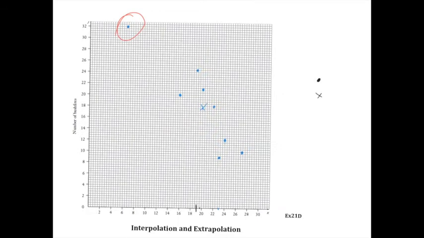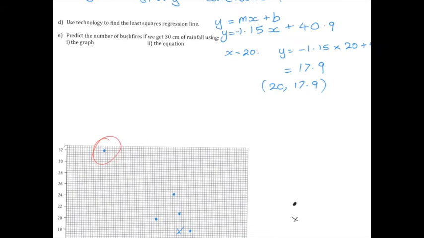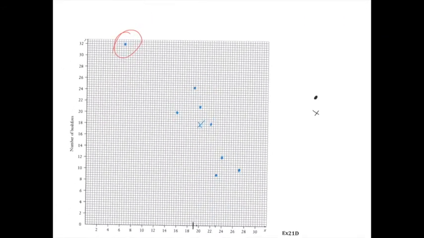What did you get for 10? X is 10. 29.4. Okay, so when x is 10, about here. So now, if I draw a nice long straight line with a ruler through those two crosses, that's generally what's done. So now, predict the number of bushfires if we get 30 centimetres of rainfall using the graph and the